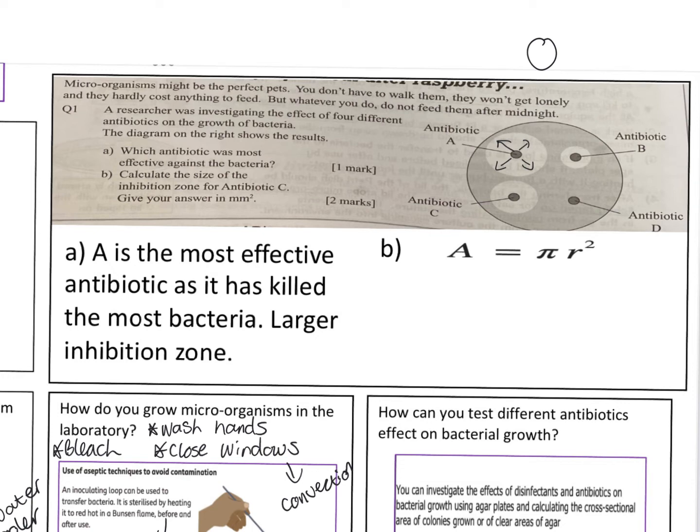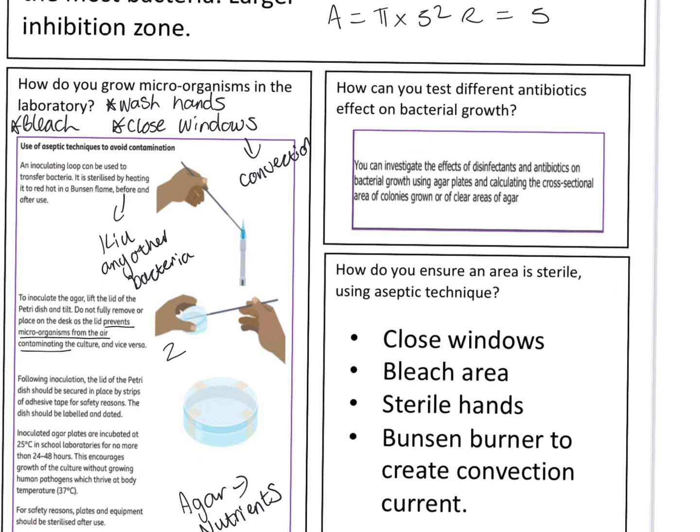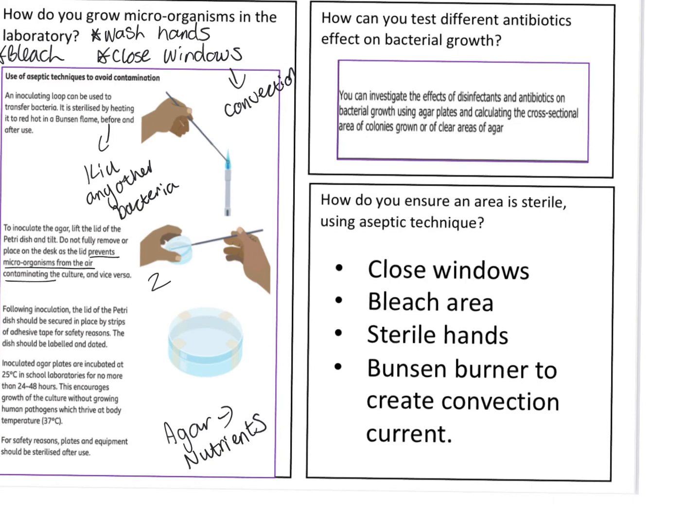You're sometimes then asked to work out the area. Work out the diameter first, by measuring all the way across. So say the diameter was 10, you would then just halve that to find the radius, which would be 5, and then the area would be pi times 5 squared. And I've just explained that here, so you can look at how big a clean zone is. And I've also explained how you make sure that an area is sterile for aseptic